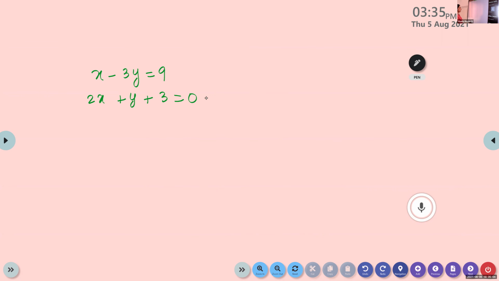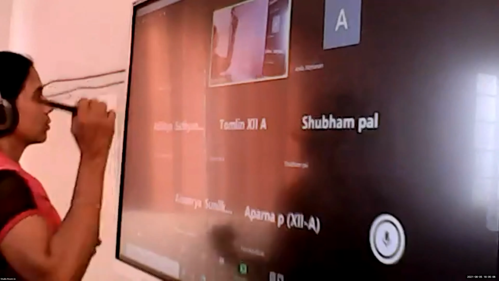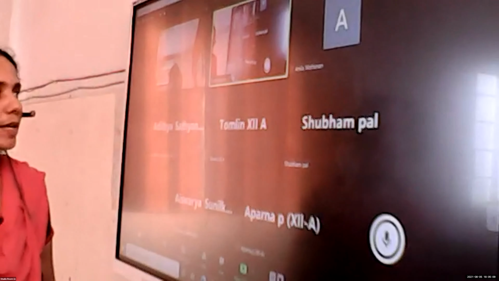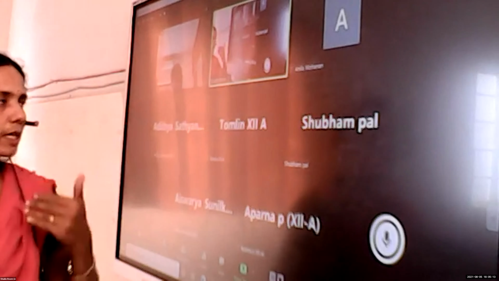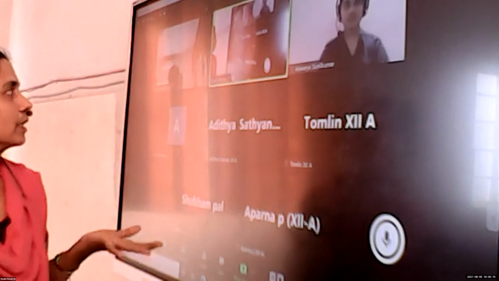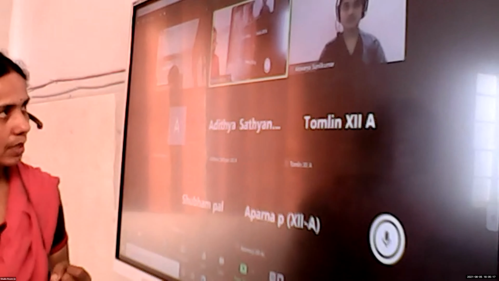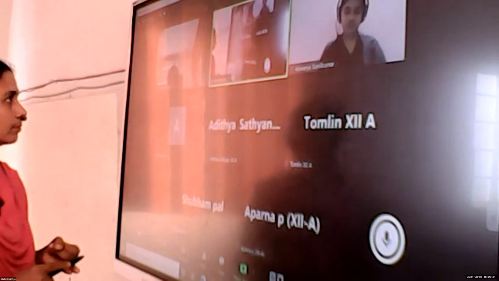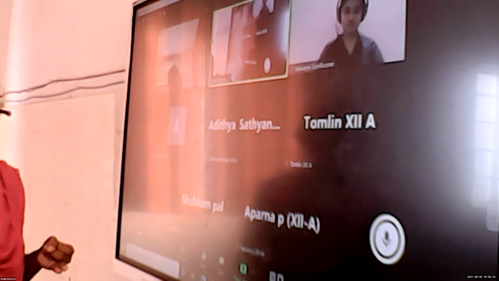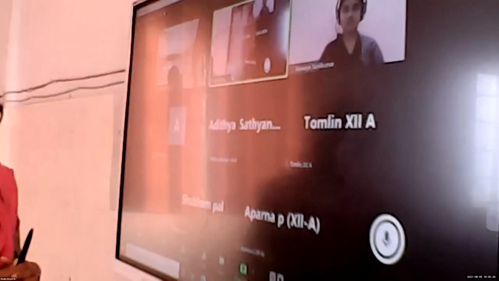Okay, so now listen, what we have to do. We are given two equations in two variables. For the exam, if they are not specifying the method, we have already learned two methods that you can easily apply. Either you can use Cramer's rule, or the matrix method we learned yesterday, AX equal to B.